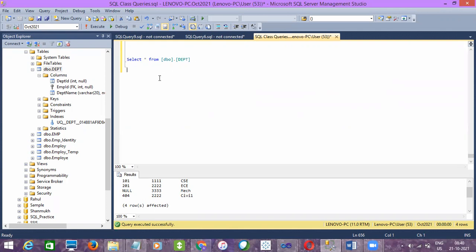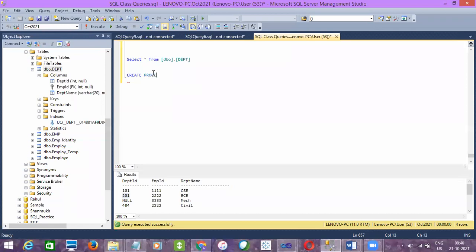So now my task is, I want to update the department table based on the department ID, the department names. If the employee changes any department, then I should change it, or maybe the department ID also may get changed, right? So let me create a stored procedure.